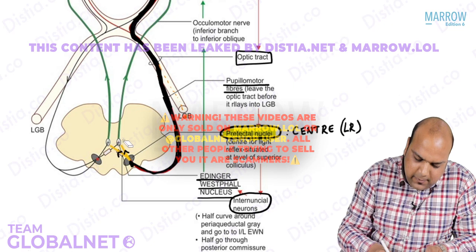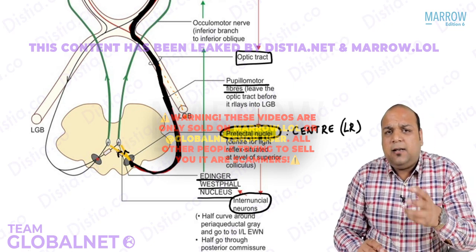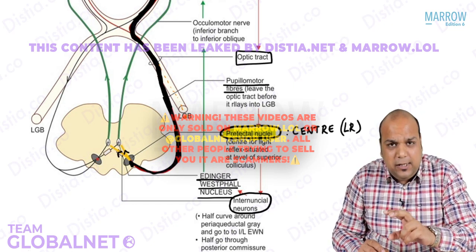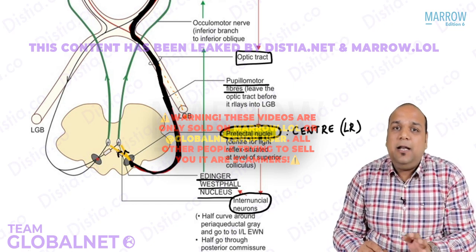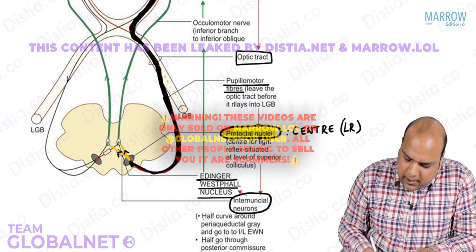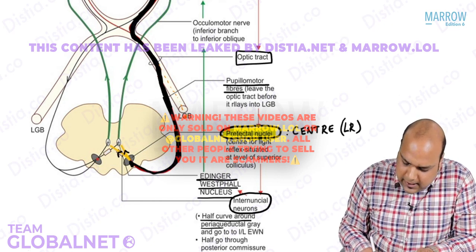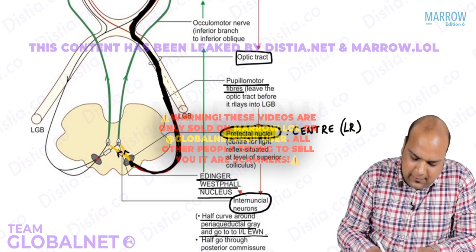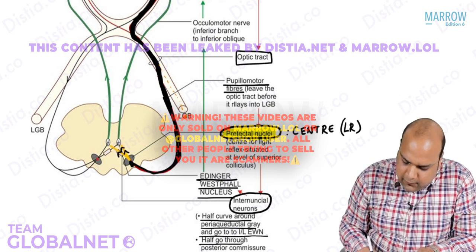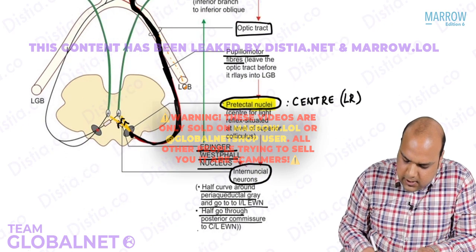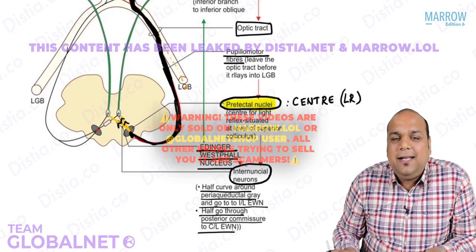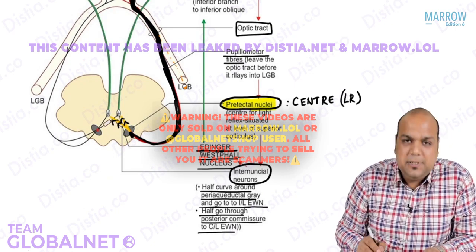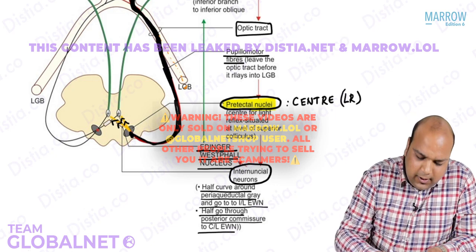If you understand the name, everybody, internuncial. Internuncial means connecting to nucleus, pretectal nucleus and Edinger-Westphal nucleus. Now, half of them curve around periaqueductal gray and go to the ipsilateral Edinger-Westphal nucleus. Half go through the posterior commissure to the contralateral Edinger-Westphal nucleus. Okay, so they are going half to the ipsilateral, half to the contralateral